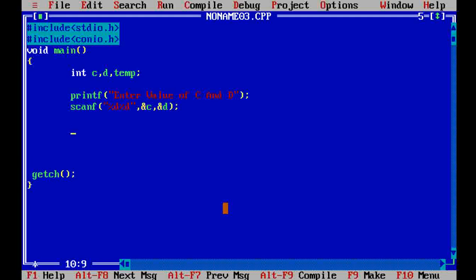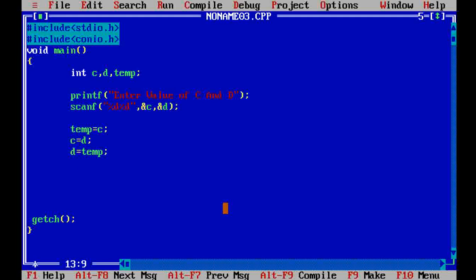Once we get the C and D variables, we swap. First the C value, store in temporary variable, and D means C. So we write here C's value to D, and C means D, and D means temp.